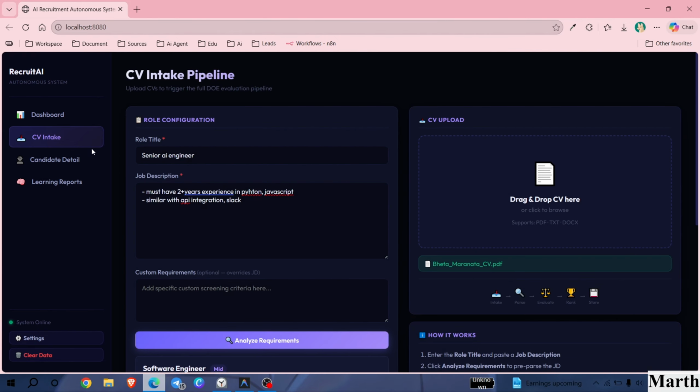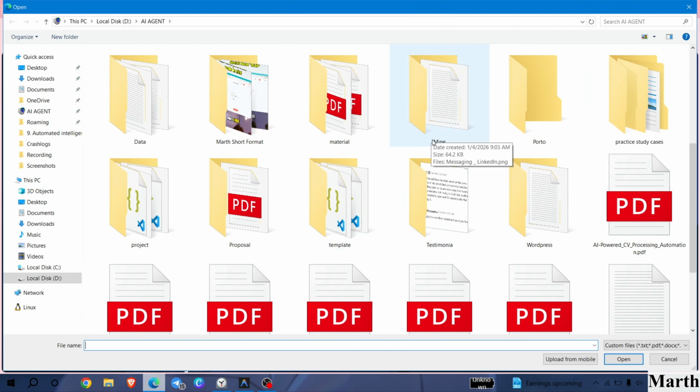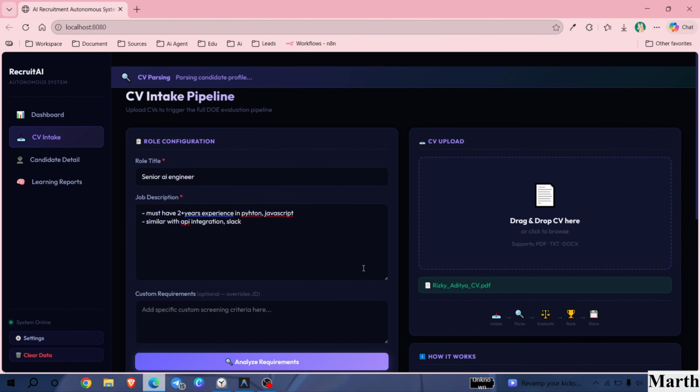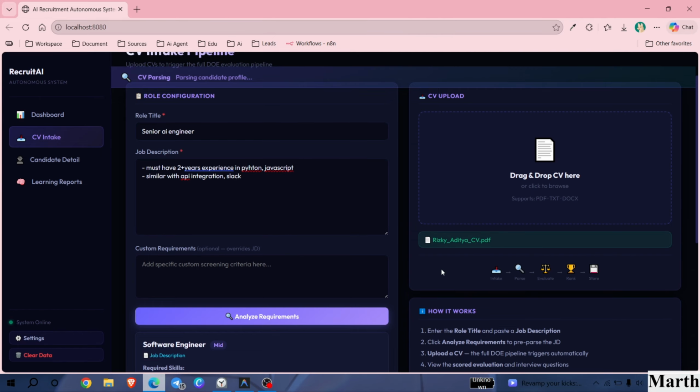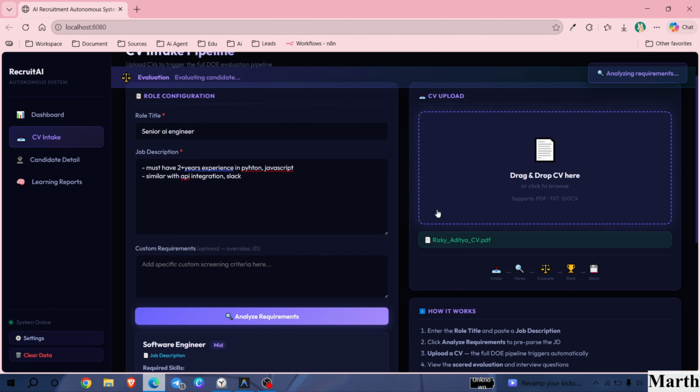So let's try another example who is not qualified for this role. Okay, we have Risky Aditya's CV. This is the dummy CV again, and let's analyze the requirements.